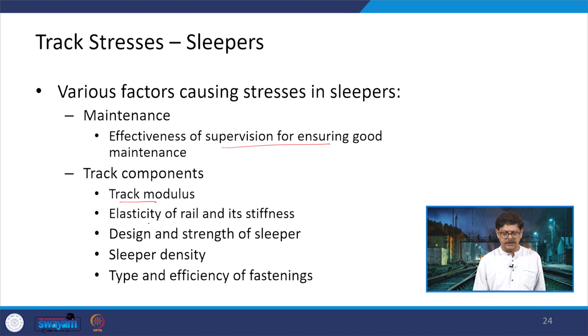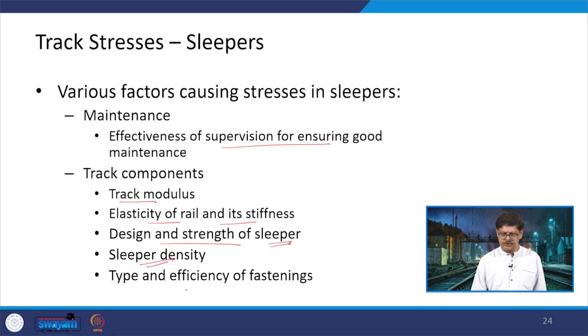We talked about the elasticity of rails and its stiffness, the design and strength of the sleepers, because there are a variety of sleepers based on the type of material used for manufacturing them. The characteristics will change in terms of the strengths and the sleeper density. In the case of broad gauge, we have talked about 1300 plus, 1500 plus, or 1600 plus values,